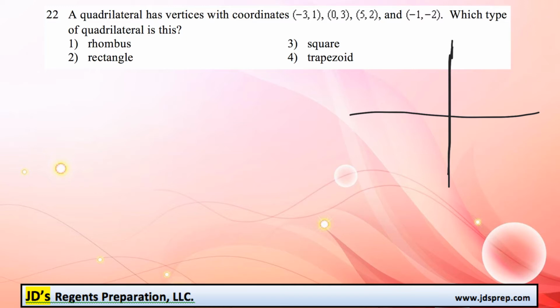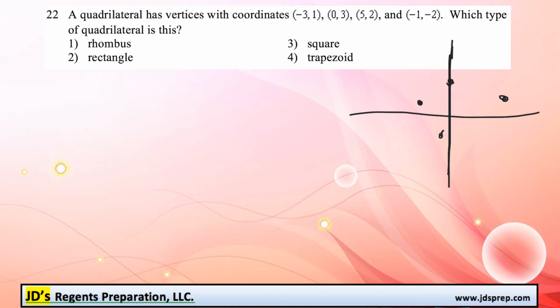Well, I figure it makes sense to start off by drawing a rough estimate. We might be able to figure it out just based on that. So -3, 1 might be somewhere around here. 0, 3 would be up here. 5, 2 would be maybe something like this, and then -1, -2 would be